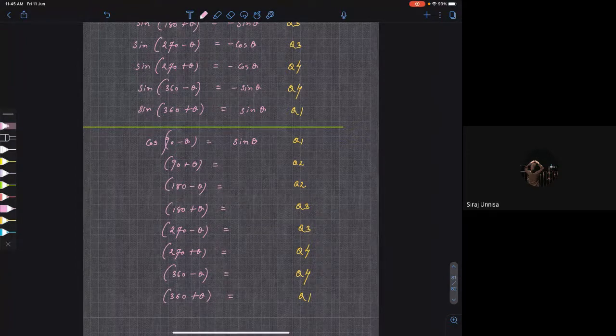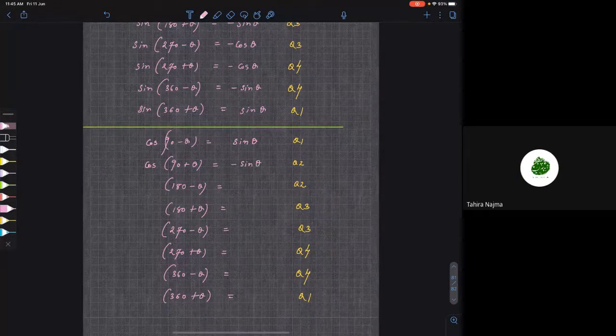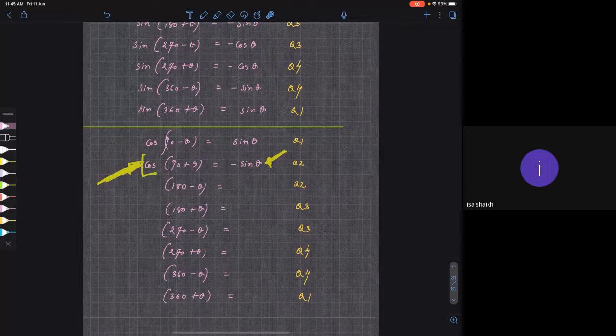So what is cos of 90 plus theta? Minus sin theta, because in the second quadrant cos is negative. So don't make the mistake of looking at this side and judging positive or negative. Just look at the left hand side. What is in the question is the important thing, that is the thing we are talking about, positive or negative. This is just an answer. So don't look at sine, look at cos. Cos is negative in the second quadrant, that's why it is negative.